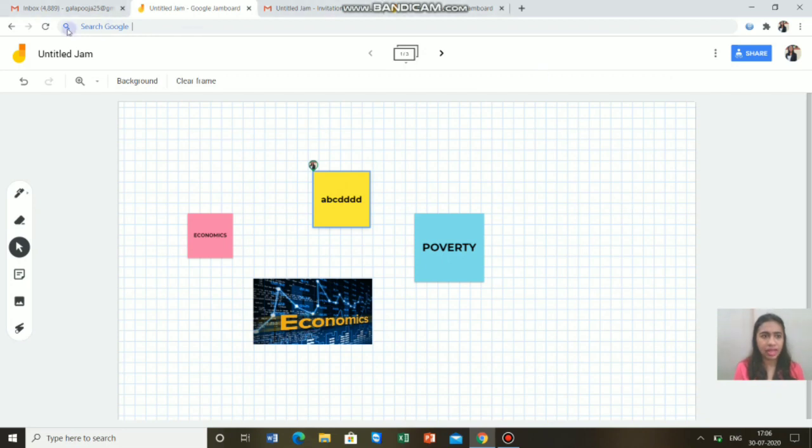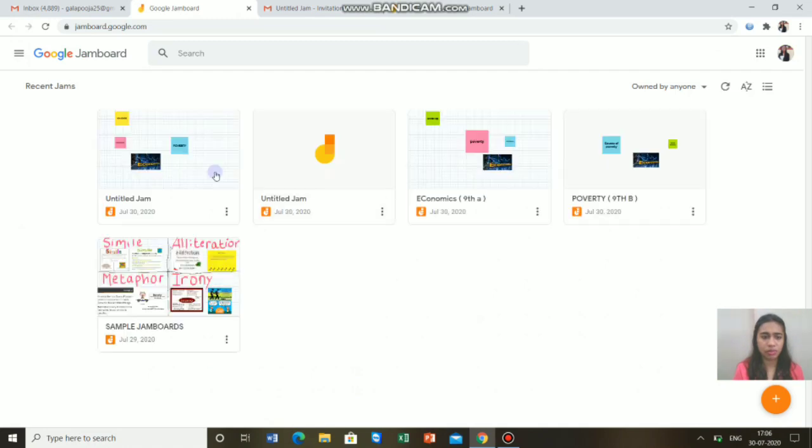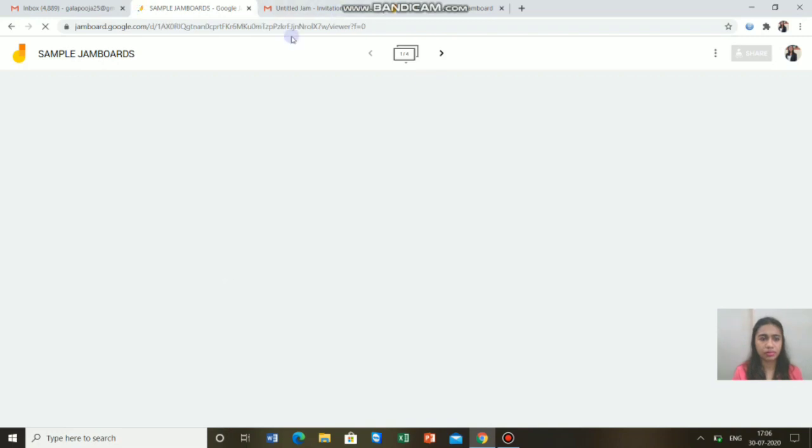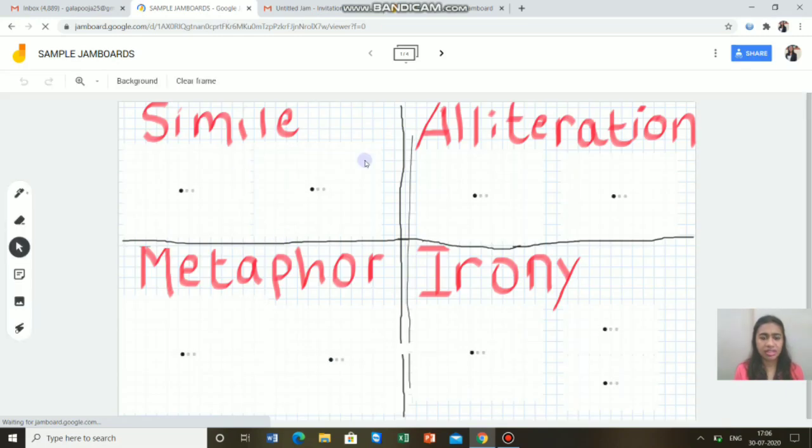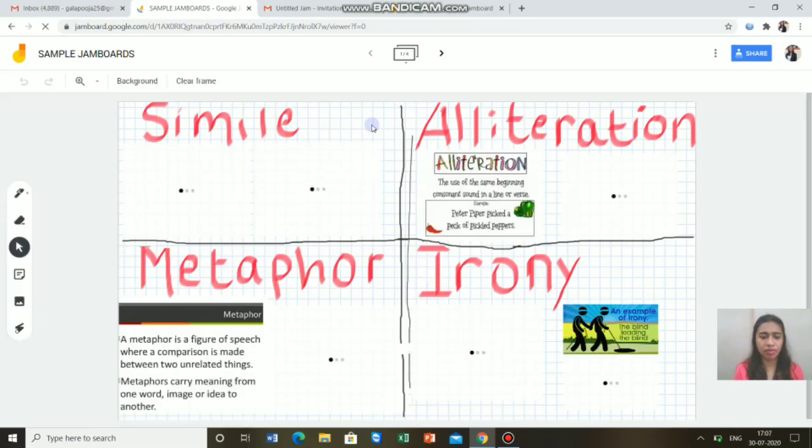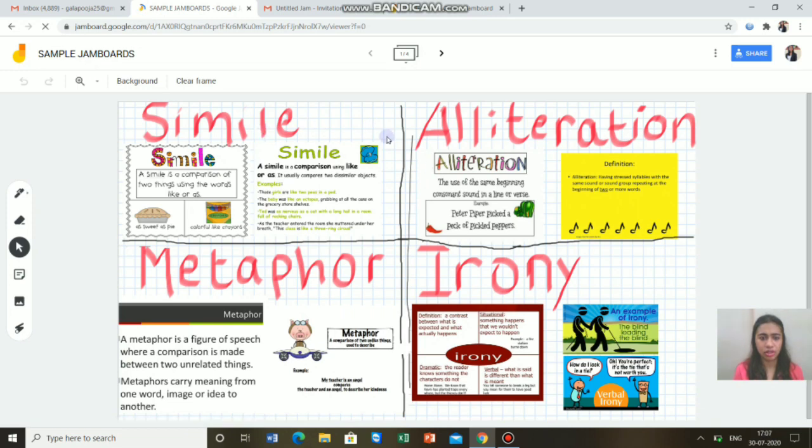So I have created some Jams for you all to understand what a Jamboard actually is. These are the sample Jamboards. Click on that, and the screen will appear. Yeah, so I have created this Jam for figures of speech in English.